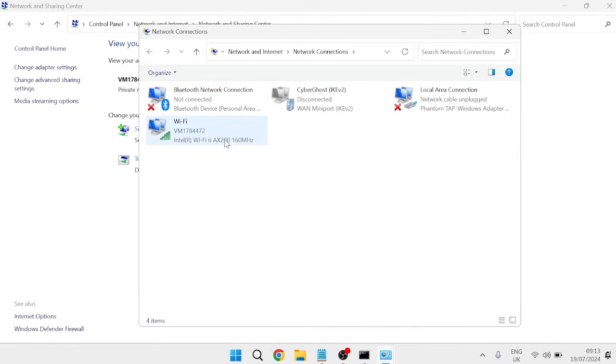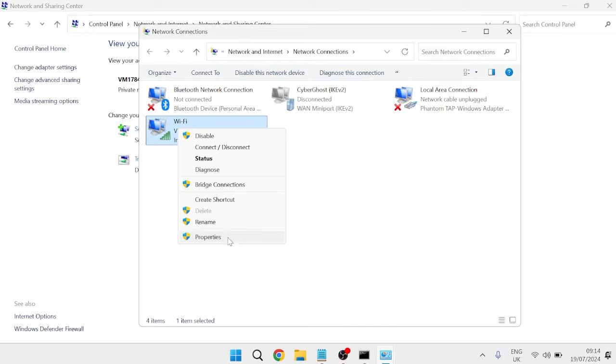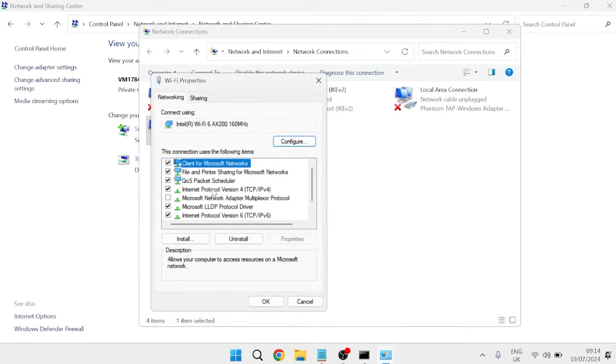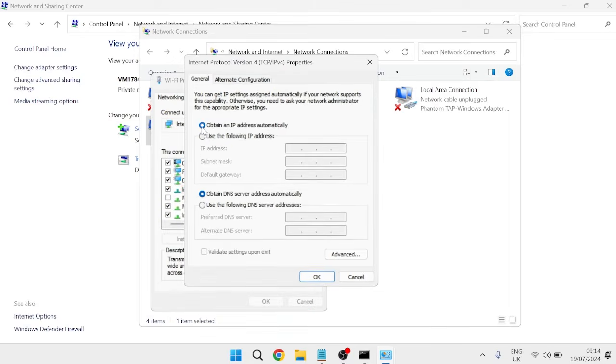And now you need to locate your network adapter or the Wi-Fi that you're currently connected to. So for me, it's this Wi-Fi one here, and we're going to right-click on our Wi-Fi, come into Properties, and then you need to select Internet Protocol version 4 and come into Properties. So inside of here is how we change our IP address. So first we just need to select Use the following IP addresses,